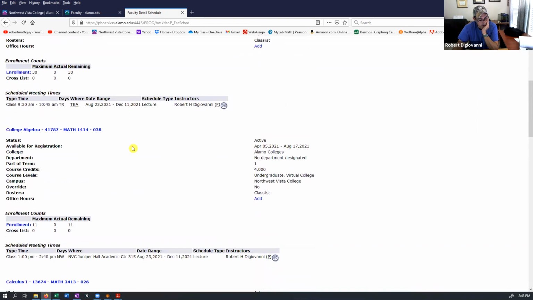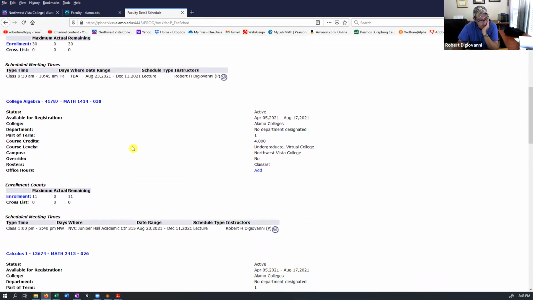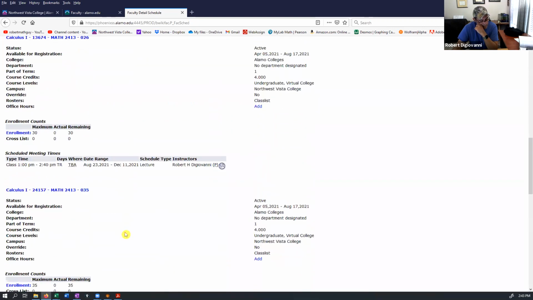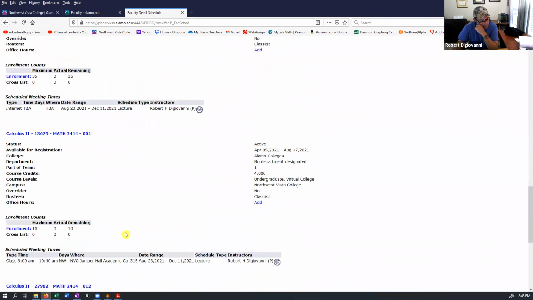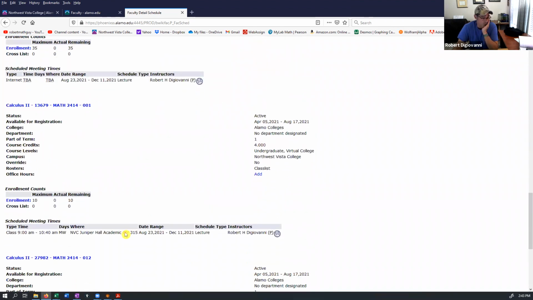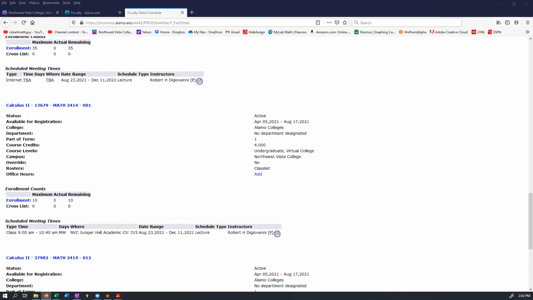Okay, I'm doing a college algebra on campus, which doesn't matter to you all. That's a 1414 college algebra. Oh, it's a 9 a.m. Oh my God. That's not bad. I have to leave my house 1 hour